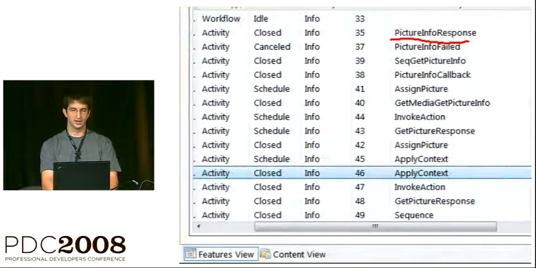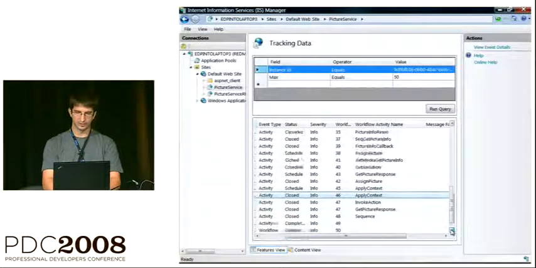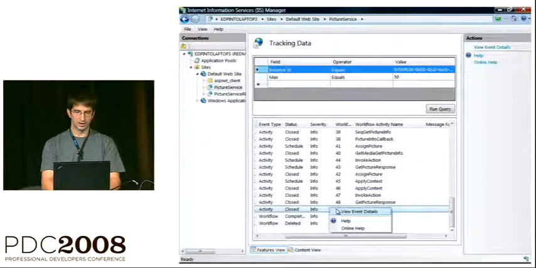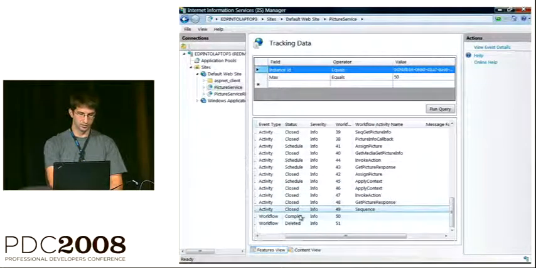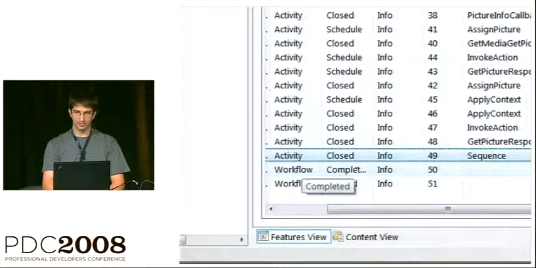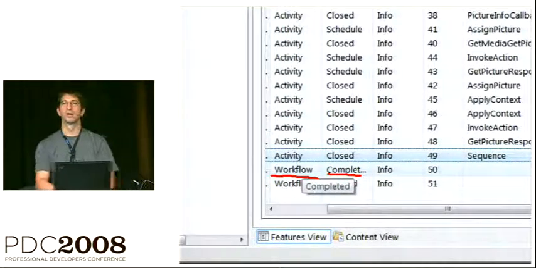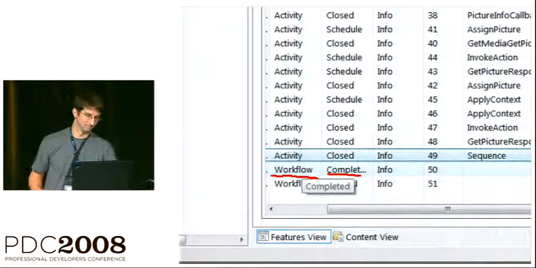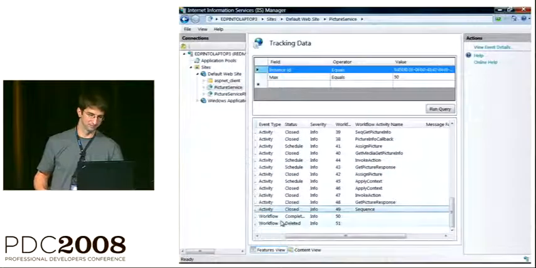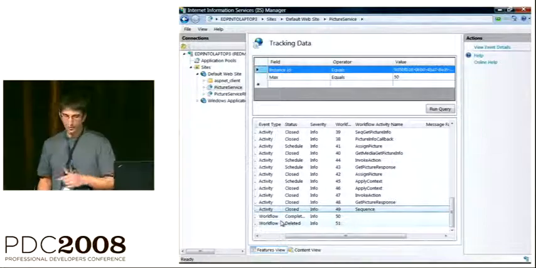If we look down here, you can see that in fact the workflow itself has been completed, and that makes a lot of sense because of the result that we got back at the client, right? So here you can see that the workflow completed.